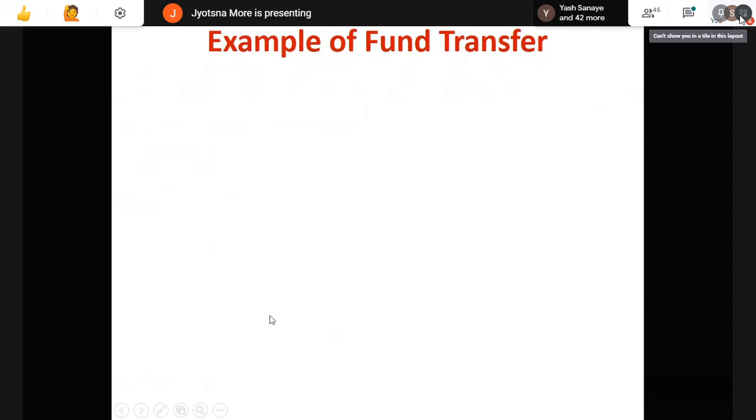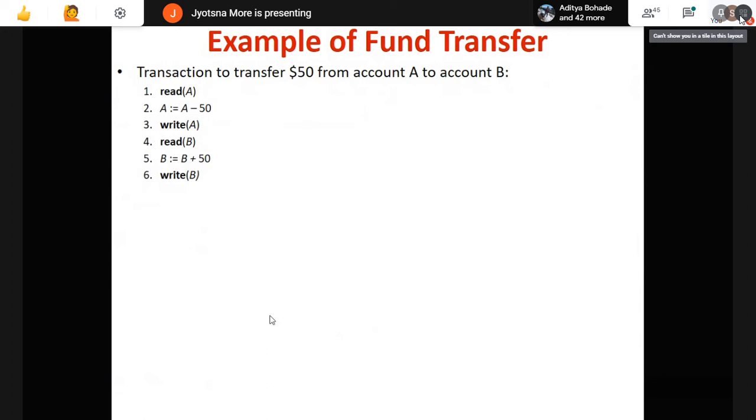So I have just added the example of fund transfer. Same example we will take. Initially, A value is 200, B value is 200. Same transaction which I explained just now in the previous transaction slide. So that only I have taken. And the same we will continue for the